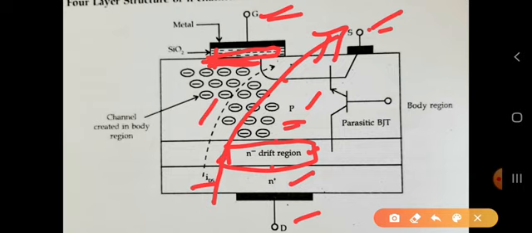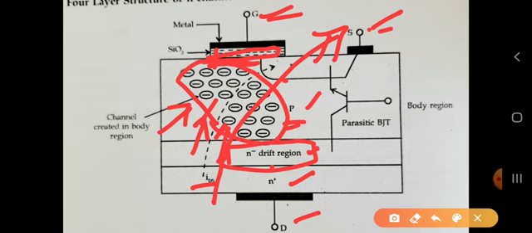Now you can see there are a number of electrons trying to collect exactly below the SiO2 layer. Because of the power supply I have applied to the gate and source, this minimum voltage will make the electrons move towards the area below the SiO2 layer. These electrons come either from the N plus region, or from the N minus drift region, or some of the electrons from the P type layer. They will start collecting and become one group like this.